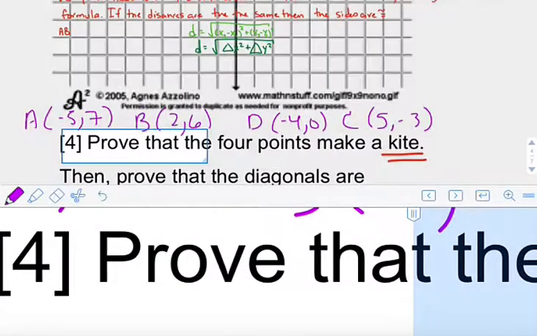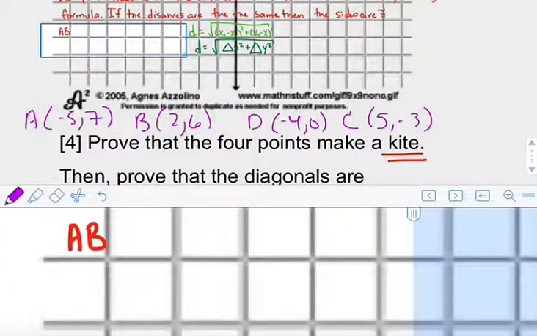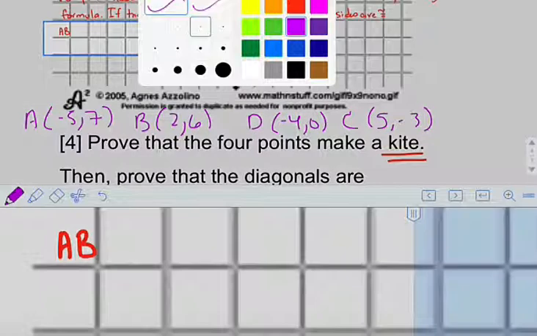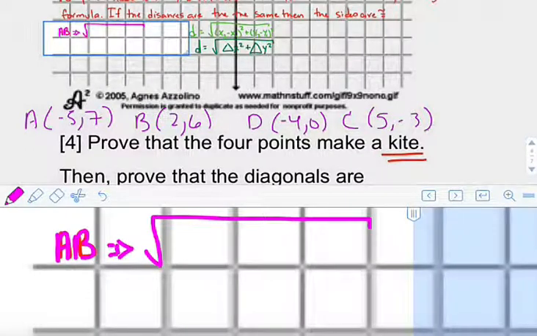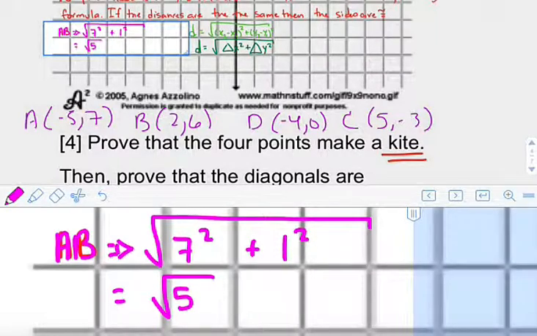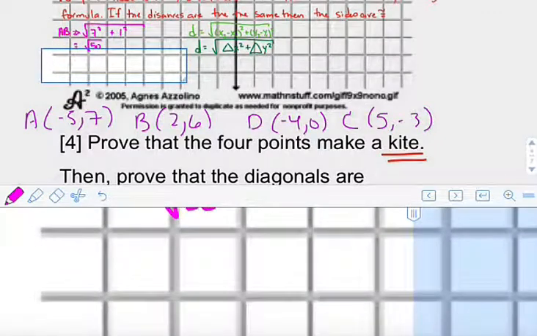Okay. All right, so to find the distance AB, let's just find some distances. A to B goes from, let's see, the x goes from negative 5 to 2. That's the distance of 7, so we'll square it. At the same time, A to B goes from 7 to 6. That's just a distance of 1, so I'll square it. So this ends up being the square root of 50. 7 squared is 49, 1 squared is just 1, so square root of 50. Let's compare that then